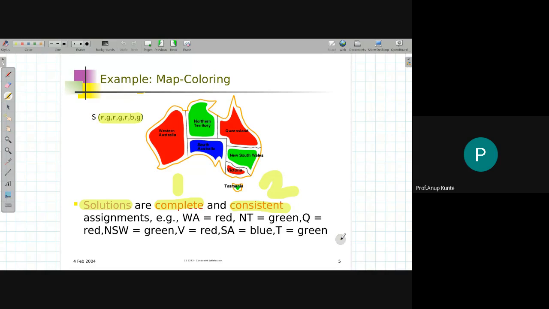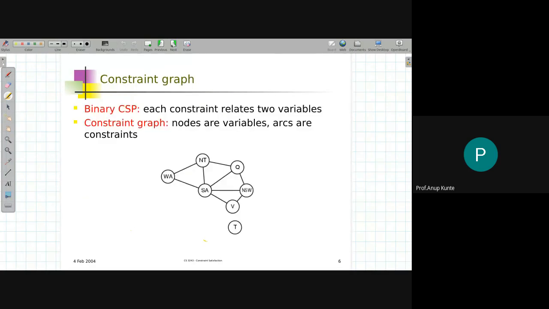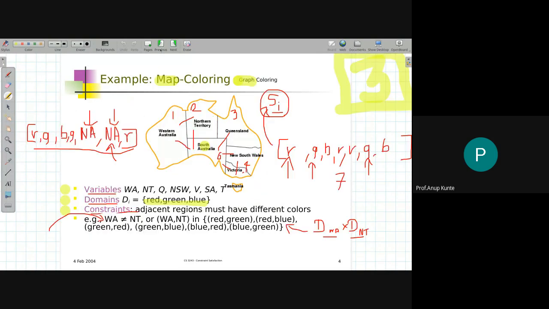Okay, so this way I can actually understand how to represent a CSP. To represent a CSP, I should define three things. One is the number of variables that define my state should be clear to me. When I'm using CSP to solve a problem, I should know the state of the problem completely. If it is a partially observable scenario, I should not use a constraint satisfaction problem because I won't be able to define